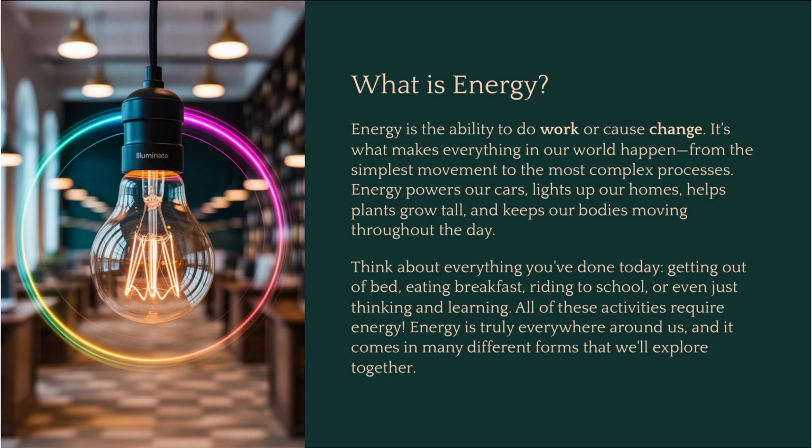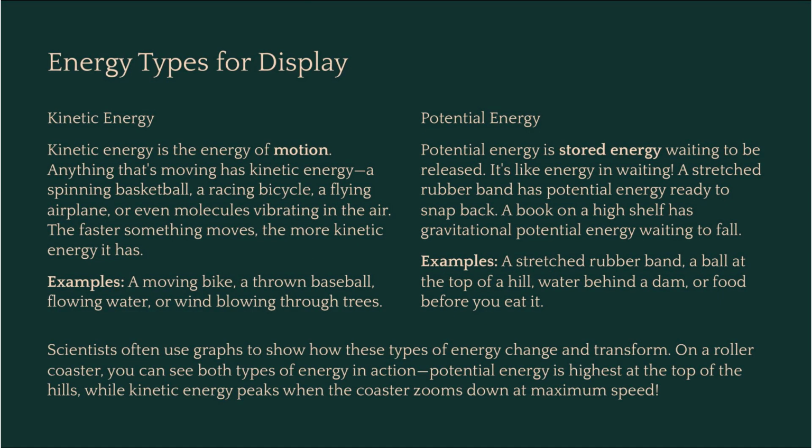And that's where graphs come in handy. In science, we usually split energy into two main types: kinetic energy, Ke, and potential energy, Pe. Kinetic energy is the energy of motion. Anything that's moving, like a running person or a gust of wind, has it. Potential energy is stored energy, like a ball held high up in the air or a battery waiting to power a toy. Learning to track the movement between Ke and Pe is crucial, and graphs are the perfect way to